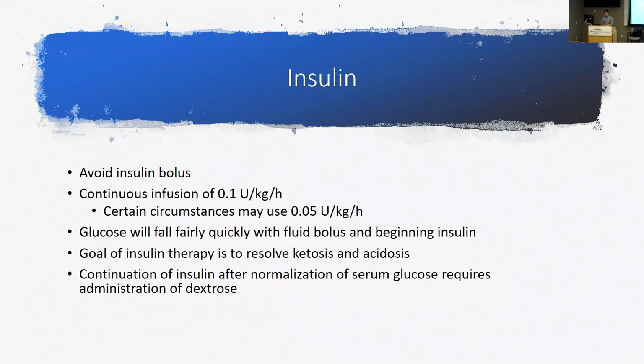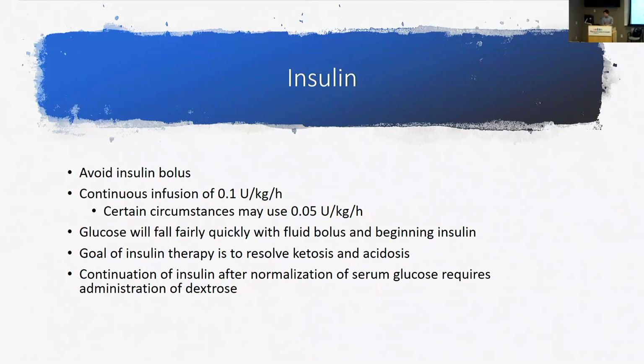In general, our starting dose tends to be 0.1 units per kilo per hour. There are certain circumstances where we may adjust that later on, or where you may want to adjust that from the beginning. What would those circumstances be, Dr. Gallagher? There's not any kind of hard and fast rules. Many people will do it for younger age children, either younger than 5, or some people draw a cutoff at younger than 2, and empirically start at 0.05. Someone you're worried about correcting too quickly, or worried about their mental status, you may empirically start at 0.05 per kilo per hour. Or someone who comes in and their glucose has already dropped significantly with a fluid bolus, and you're worried you're going to drop them too quickly before you can get your dextrose-containing fluids in line, you may start at